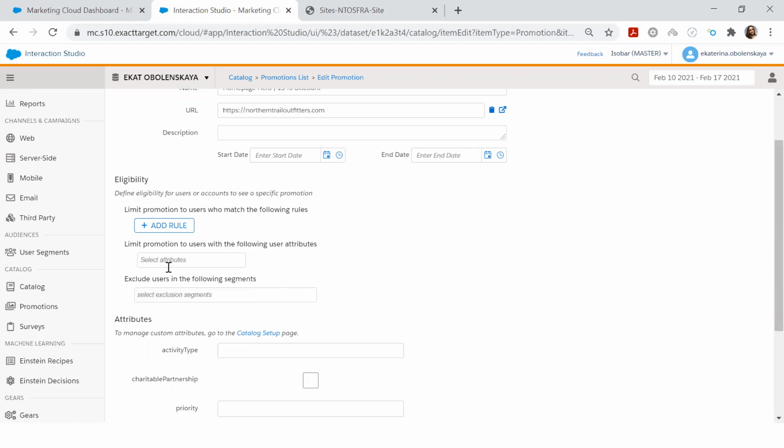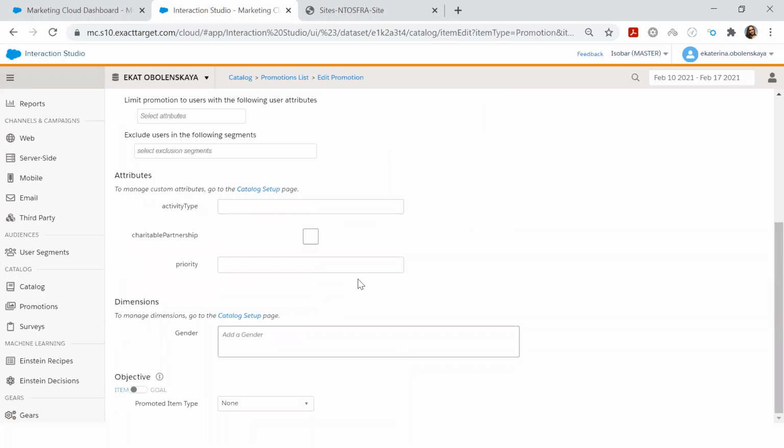And those customers with those attributes will see this promotion. There is also a possibility to exclude those. These custom attributes that you bring to each promotion are managed under catalog setup, so you can bring in some new attributes or remove those here. These were set up by myself during the